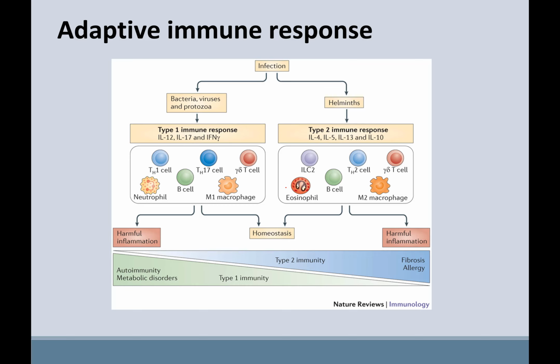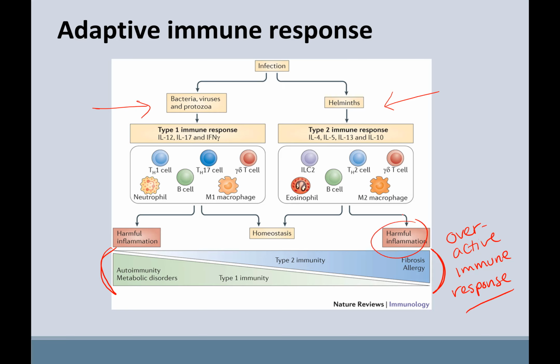Another picture of the adaptive immune response I'm putting up here is just to show you that different pathogens trigger different types of immune response. Okay, and one of the really interesting things is that an overactive immune response can also lead to disease. So you see harmful inflammation,